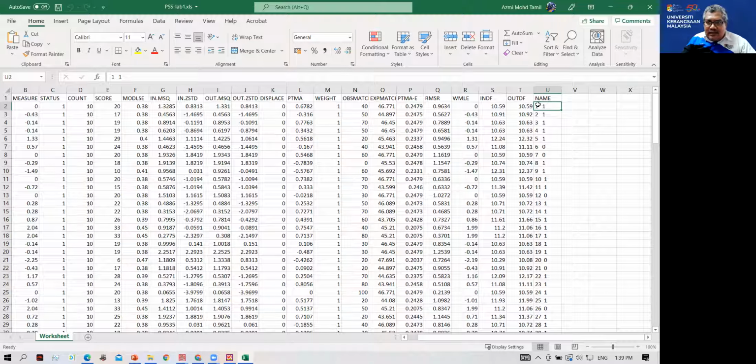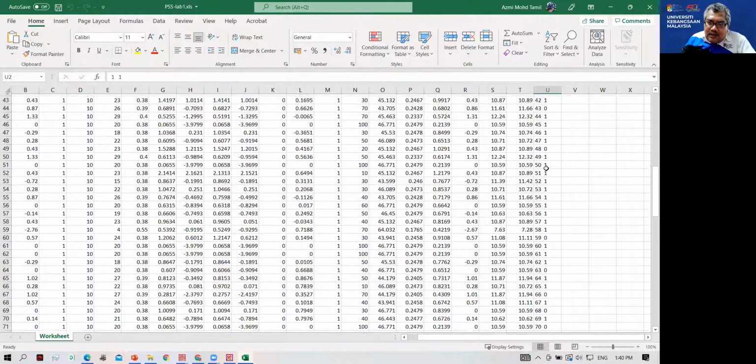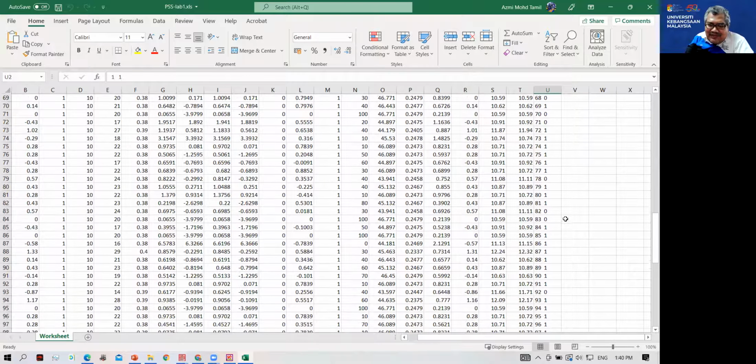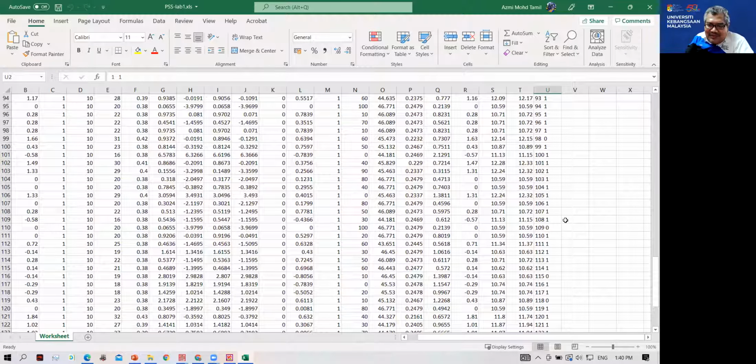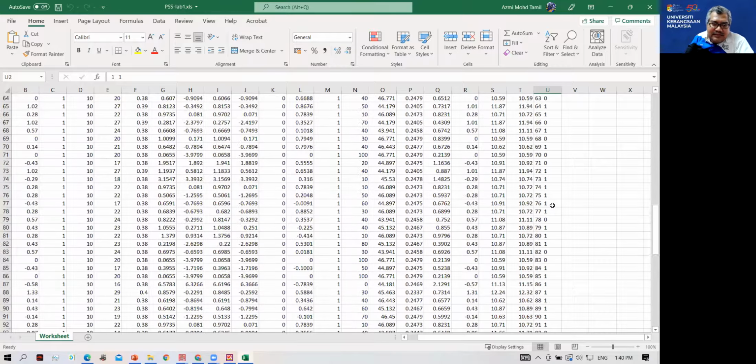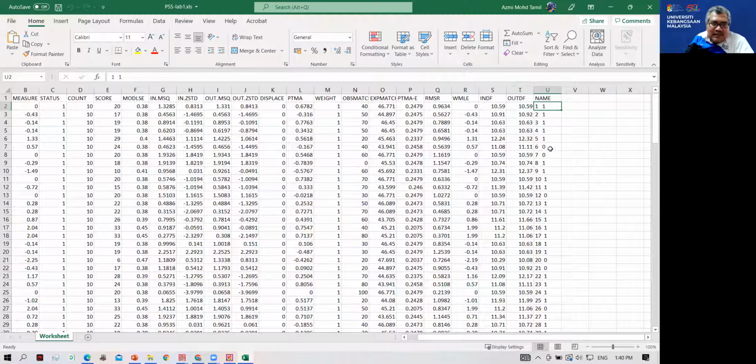So the 1 here is female, then 0 here is male. Why did I code female as 1? The class demanded it. The class is mostly female, so the females wanted to be coded as 1. So that's the name.